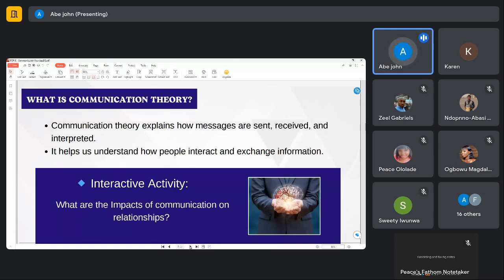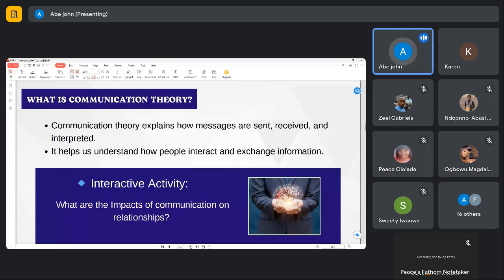This theory actually explains the way you send your message, the way the receiver receives the message, and the way the receiver interprets it. You know, there's this common saying that the way people interpret words are different. This happens with different kinds of factors.